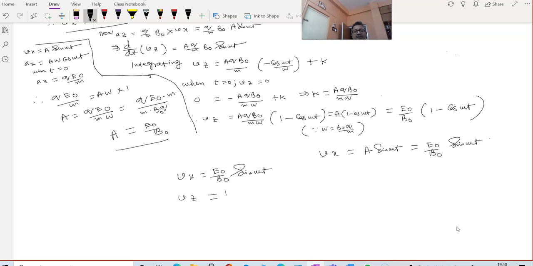Vz is coming E0 by B0 1 minus cos omega t. Everything can be determined from here. Everything means the position. Vx stands for what? dx by dt. Isn't it? So integrate, x will be